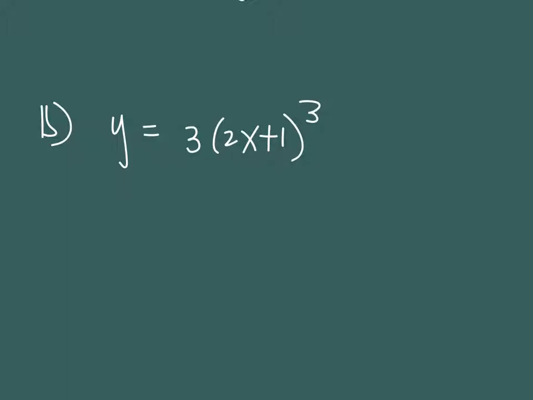Let's use letter B. So y is equal to 3 times (2x + 1) raised to 3. Okay, we know what dy/dx is. It must be equal to 3 times, so just 3, times the derivative of (2x + 1) raised to 3, which is times,